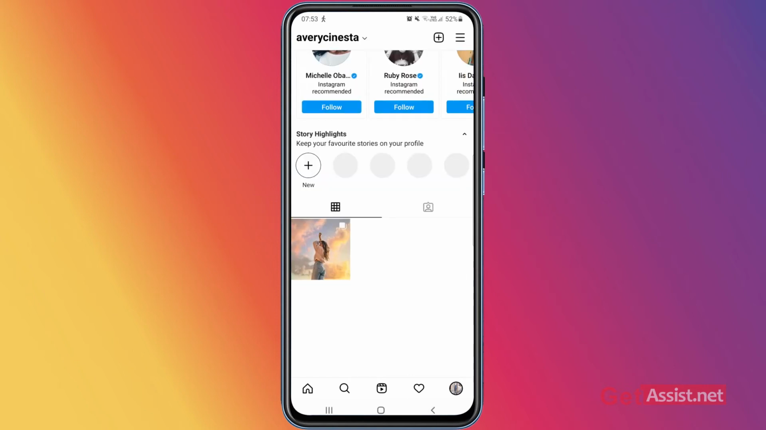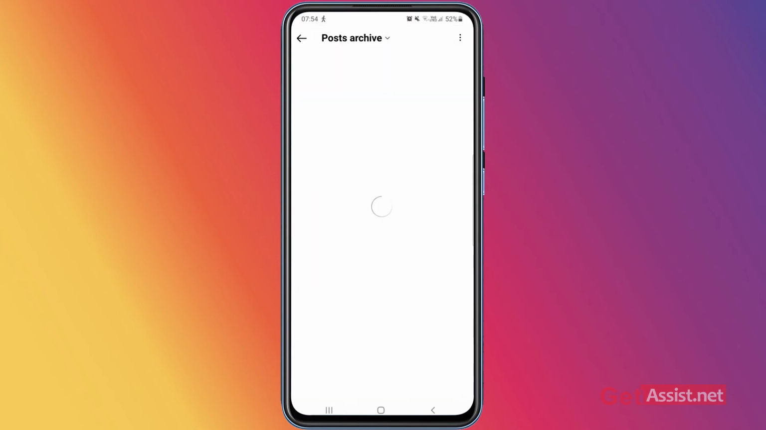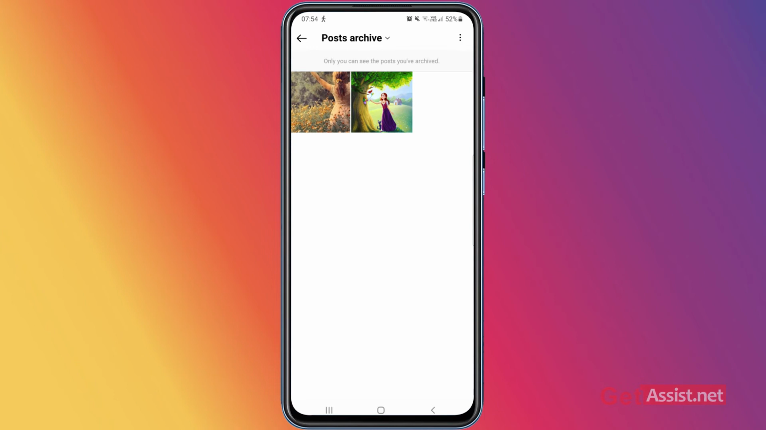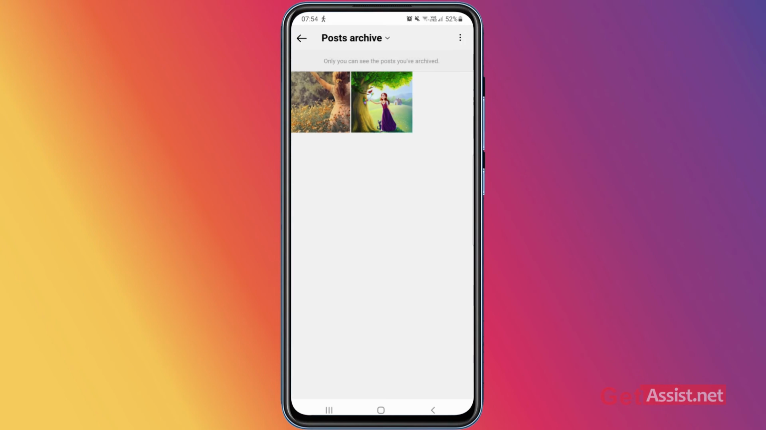Now to make it visible again, you have to tap the menu icon at the top right, the three horizontal lines, and then you have to press this archive option that you can see right here. And here you will see all your posts that you have archived. Alright, if you have archived any story, you can select this drop down menu and you can choose stories archive or live. But for example, you just have made your post archive, you can select the post one, and then